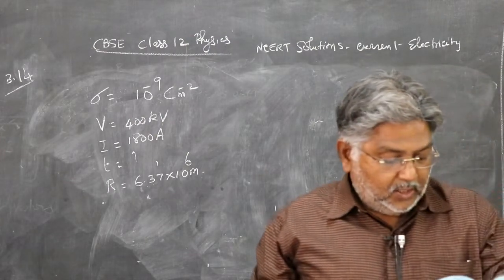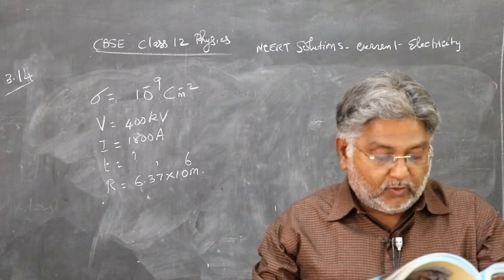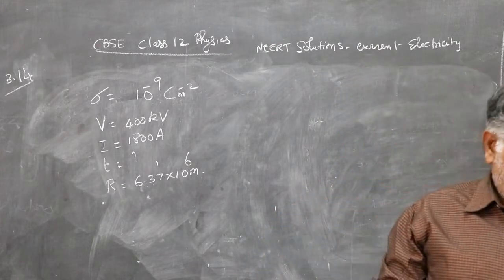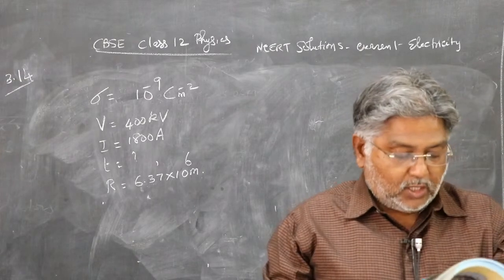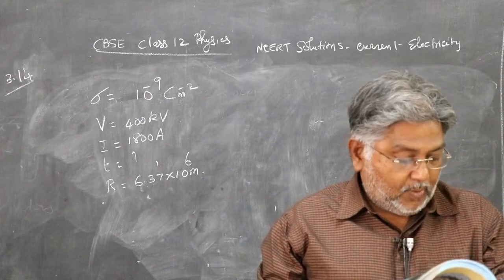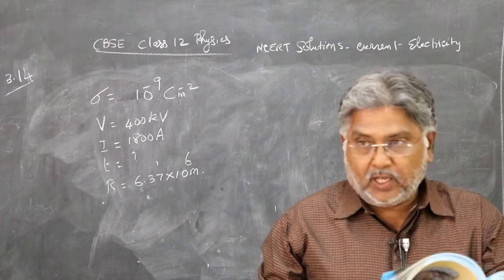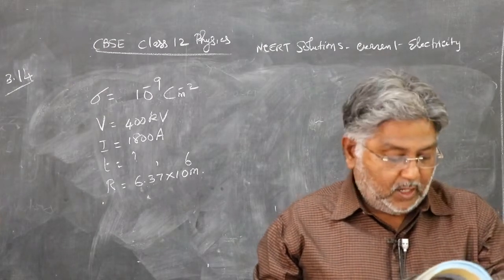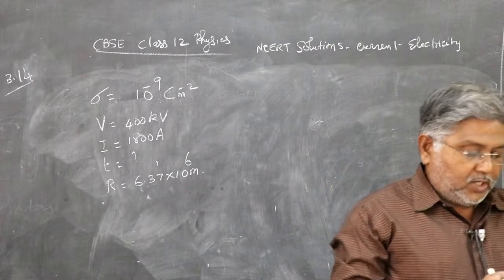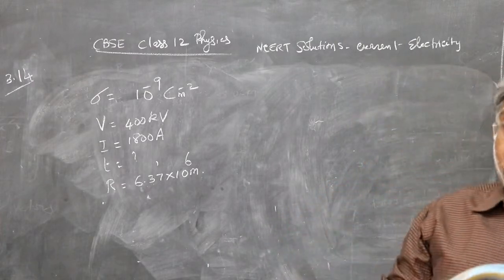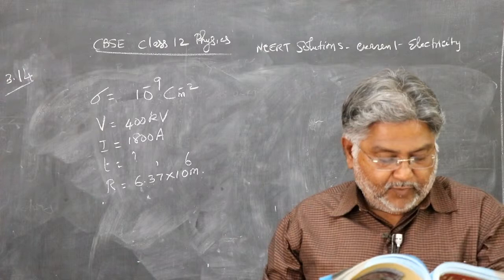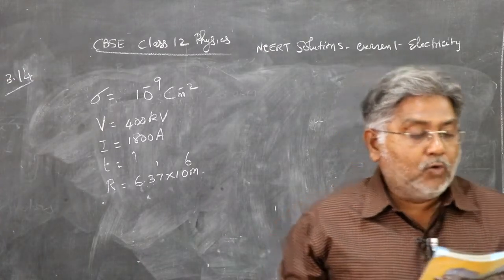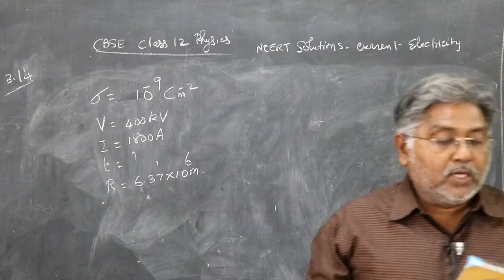3.14. The Earth's surface has a negative surface charge density of 10 to the power of minus 9 coulomb per meter squared. The potential difference of 400 kilovolt between the top of the atmosphere and the surface results, due to low conductivity of the lower atmosphere, in a current of only 1800 ampere over the entire globe. If there were no mechanisms of sustaining the atmospheric electric field, how much time roughly would be required to neutralize the